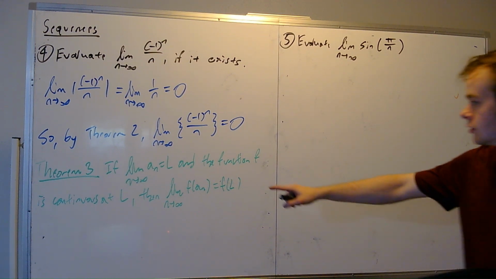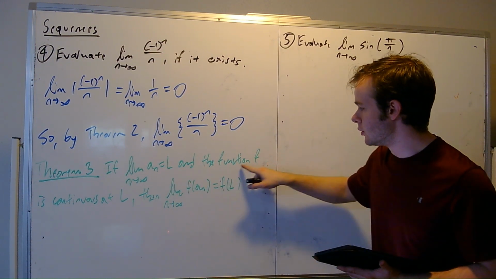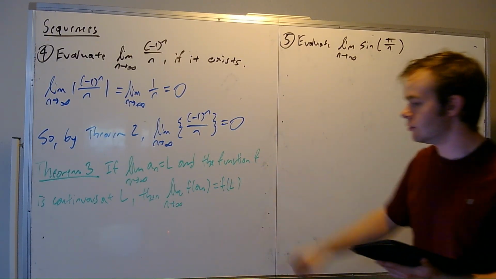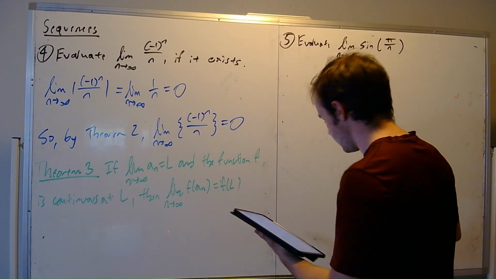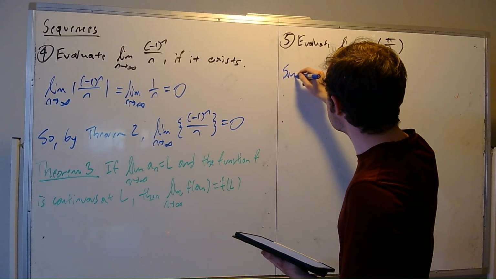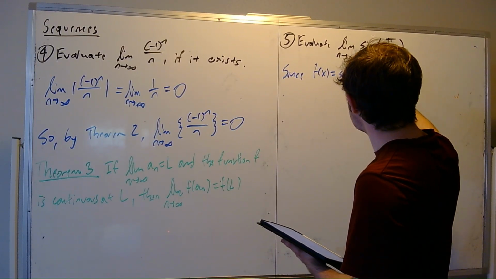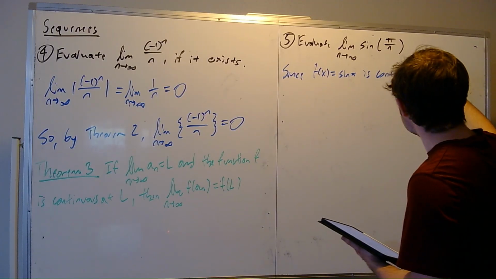And what we said here is if this limit on the inside is equal to some number and the function is continuous at that number, then we can just move this limit into the inside. So what I can write here is since f of x equals sine x is continuous everywhere,